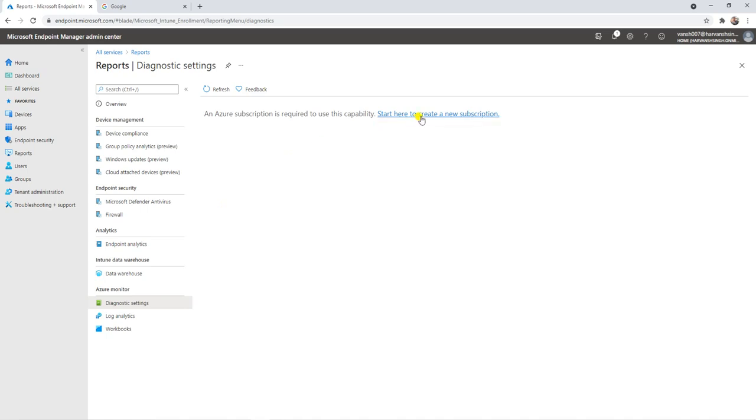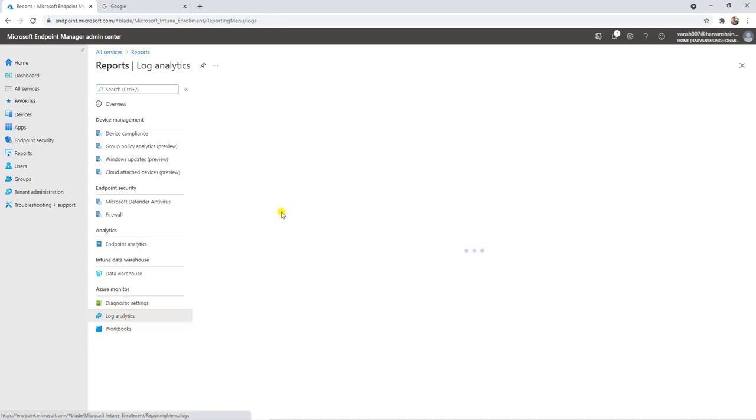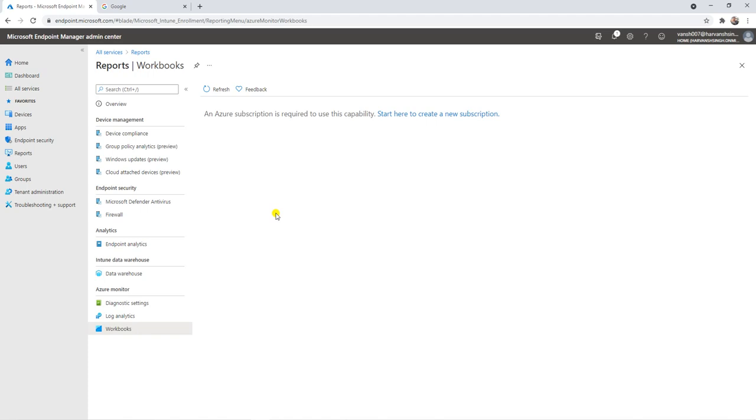Here you can start by creating a subscription, then you can use the diagnostic setting, or for the log analytics you have to configure it, subscribe this for the log analytics, then you can use it, and in the same way with the workbook. So if you subscribe to it, then you can use it inside the report, and you will have multiple options to generate reports.